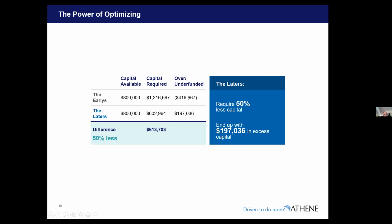Then you're going to have to give them an additional $197,036. Why? Because under the optimized plan, taking benefits later and funding the income gap with an annuity, we only need $602,964. That means they have $197,000 they can spend any way they like. So to give the earlies the same experience, a fully funded plan, and $197,000 of capital they can spend any way they like, somebody needs to write them a check for